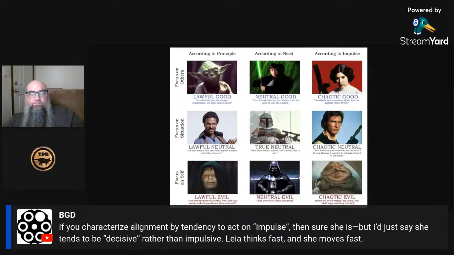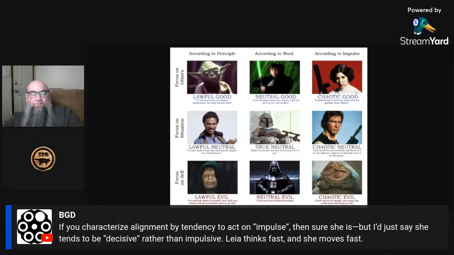And then she's like, we're pinned down in the hallway. Well, there's a grate. Let's go down it and find out what happens. It's better than where we are now. She is the most chaotic of all the characters in the trilogy, I would purport, because she does not act on impulse, and sure, she is decisive. Yes, decisive. So okay, but not to be dogmatic about it.